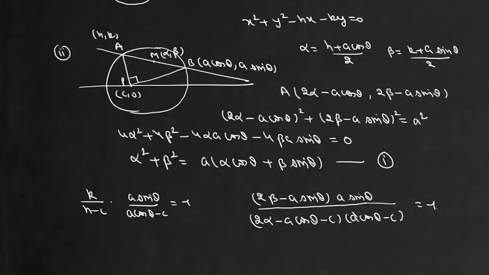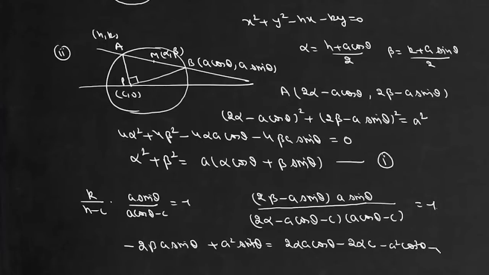Now we simplify this, we take this minus sign here, so we write minus 2 beta into A sin theta plus A square sin square theta, and here it will be 2 alpha A cos theta minus 2 alpha C minus A square cos square theta plus AC cos theta minus AC cos theta